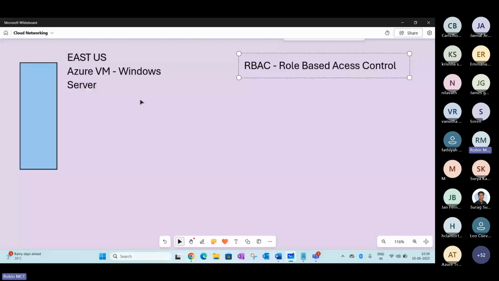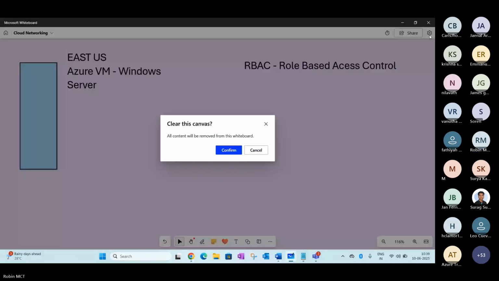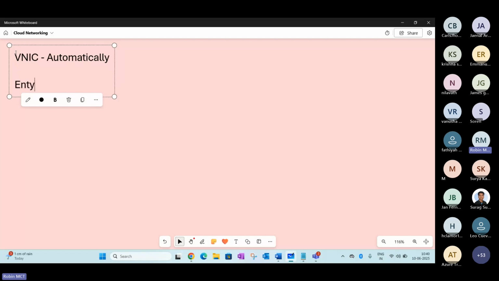So one of the learnings currently we have here is that VM communication in the cloud is going to happen with the help of your vNIC. The vNIC is created automatically; no manual intervention is needed, and all the entry and exit of your communication to the host is going to happen with the help of a vNIC.